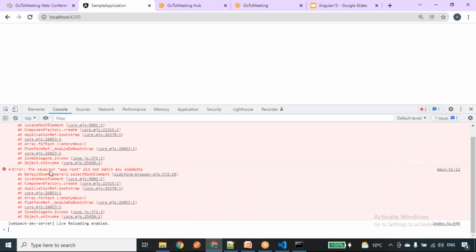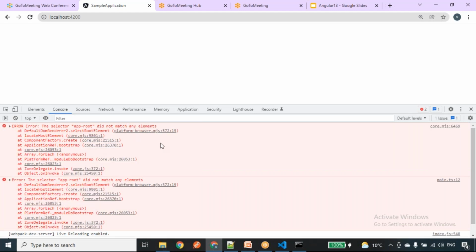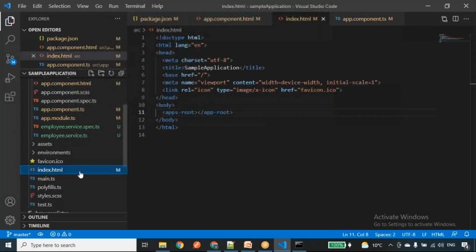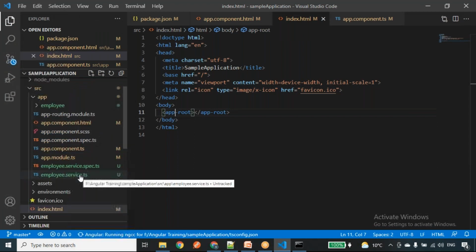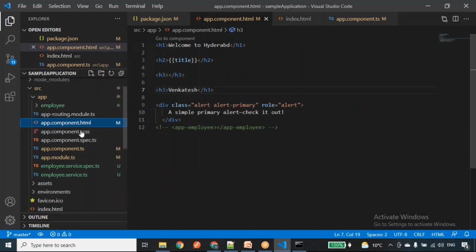Now we can see the selector app-root did not match any elements, because I have changed this custom element name inside the body. That's why we are getting the error. Basically, each Angular application will have one root module and one root component. In this application, the app component is the root component. That's why whatever data binding techniques I was showing, I was showing by taking this HTML file.